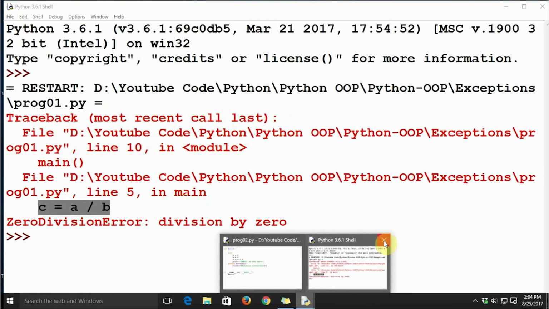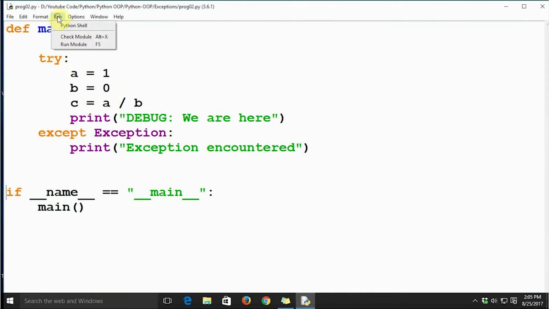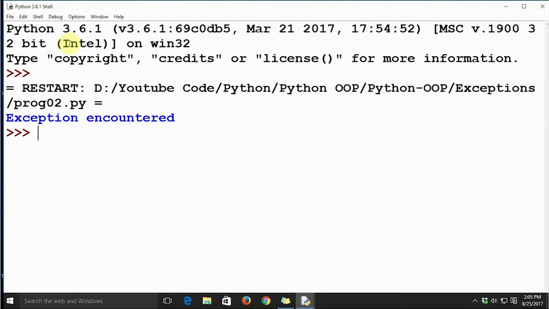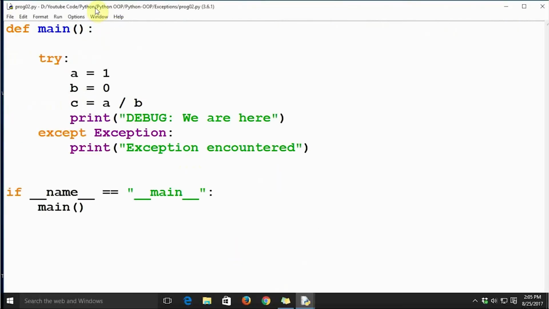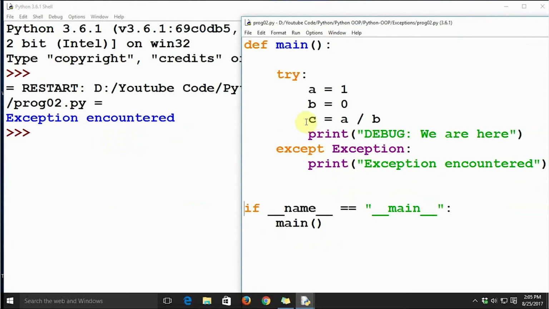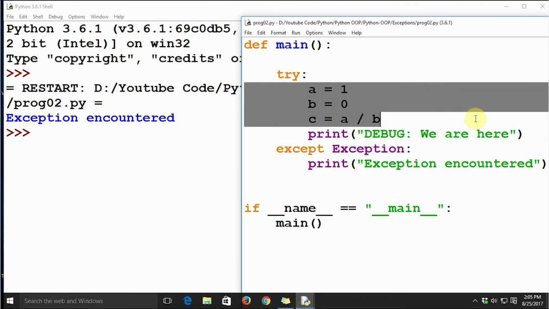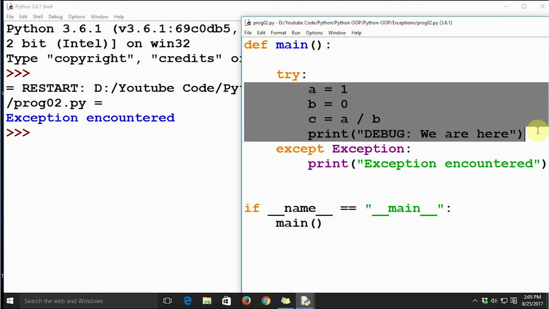Now let's run this code and see what the output is. Let's close the earlier prompt for better output. Let's run the module and it will execute in Python's prompt. Now this is Python's console, and let me open the code. This is the place where it encounters the exception, and then it skips the next line, because the exception has been encountered and it cannot continue the normal flow of execution. This is the sequence of statements that the program is supposed to execute.